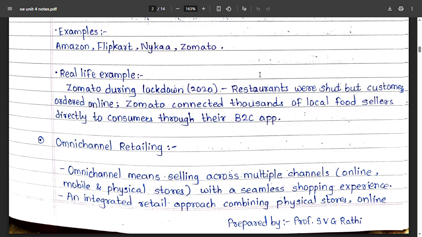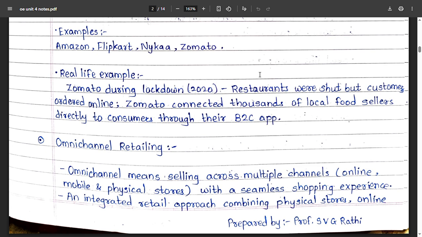It is an integrated retailing approach combining physical stores, online websites, apps, or social media to give the customer a seamless shopping experience. What is the benefit of omni-channel retailing?